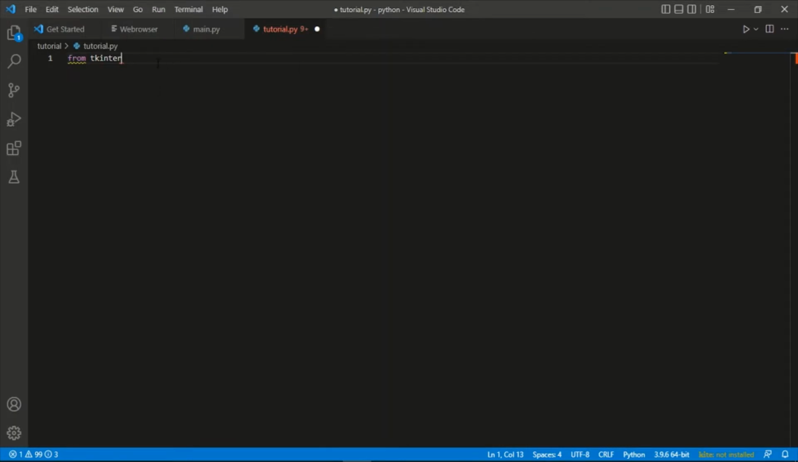So what you want to do is type from Tkinter import everything. So just put an asterisk. After that, we want to import a module called webbrowser. So this will also help us to access some web browser codes that we need. Okay. Once done,